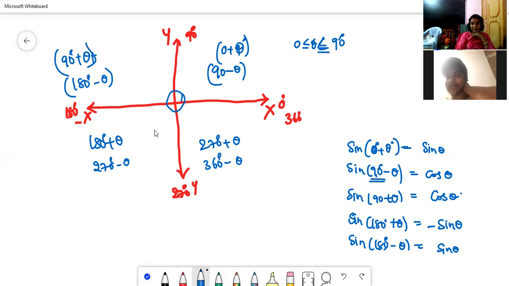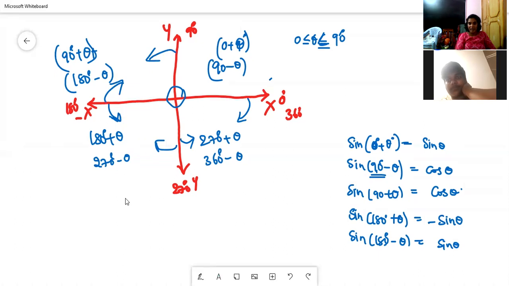Are these clear? 90 minus theta, 0 plus theta. 180 minus theta, 90 plus theta. It's clear. 90 plus theta will come here. 180 minus theta comes in the second quadrant. 180 plus theta, third quadrant. 270 minus theta, third quadrant. 270 plus theta, fourth quadrant. 360 minus theta, fourth quadrant. If you get a clear idea about this, then I can say that